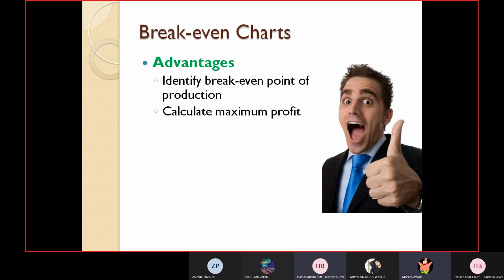Sir, so that the business would not increase their cost, so that they know how much profit they can make. Like, for example, they won't cross their limits on the costs. Okay, that's right. Good. It means that if they know the maximum profit, they can decide whether this is the profit which is acceptable. If they reach the maximum level, and the maximum profit is not sufficient, businesses will either try to reduce their cost so that the maximum profit can be achieved, or they can reject that option which is available.